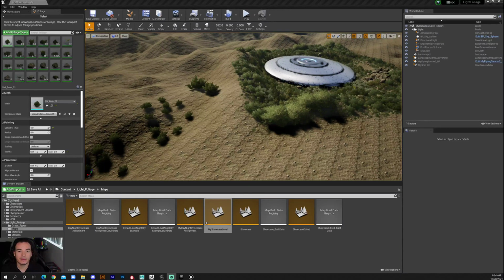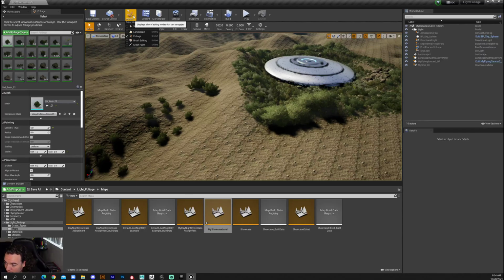Hello and welcome back. In this video, I'm going to continue to populate the landscape with foliage. You want to make sure, once again, that you're in the foliage mode and your landscape is selected. That allows you to get foliage here, and then we want to select which foliage you want to